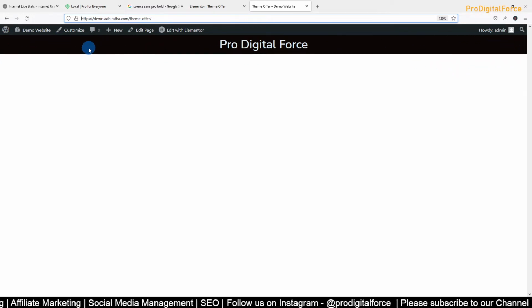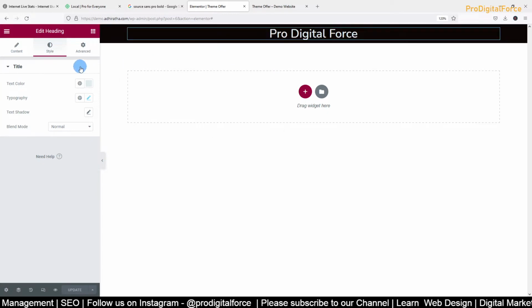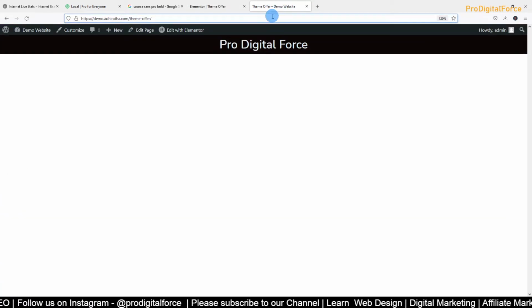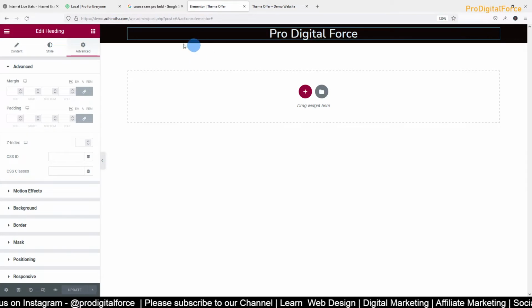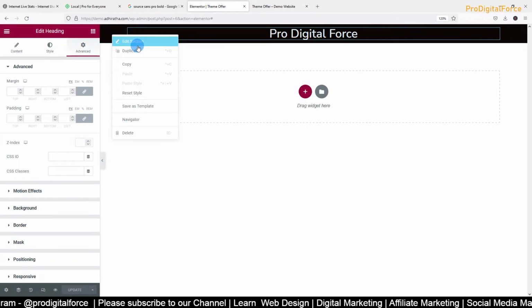Not that, it is applied only to part of the screen. You can see from the left to the right, the complete screen, that black background is applied. If you select only the text part and edit the heading, and give a background there, then it doesn't look that great. That's why I'm telling you, when you right click here, you should get an option called edit section. Then you have to give that background.